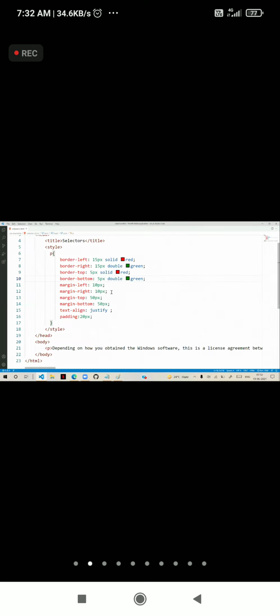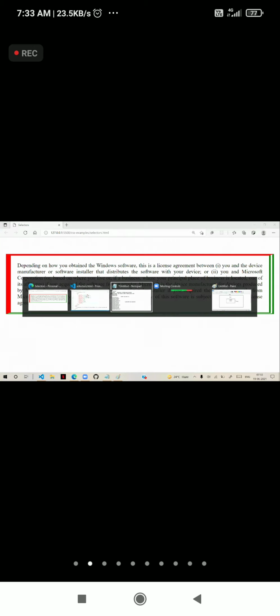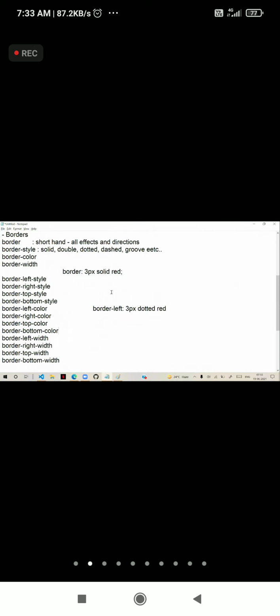This is actually border. In all directions, you can individually control the border and configure the border. For that, so many attributes are there. So we have border left, border right, border top, border bottom. You can configure all these options and define them technically. So this is generally how we specify the borders and use them.